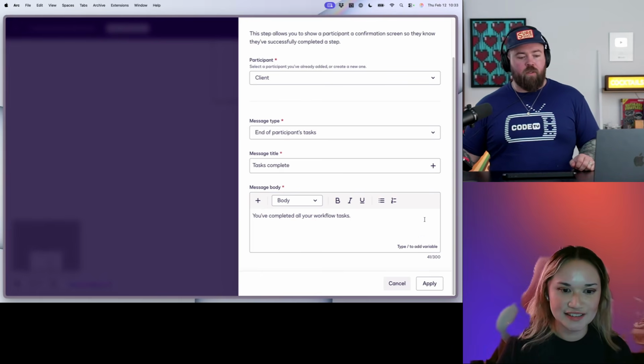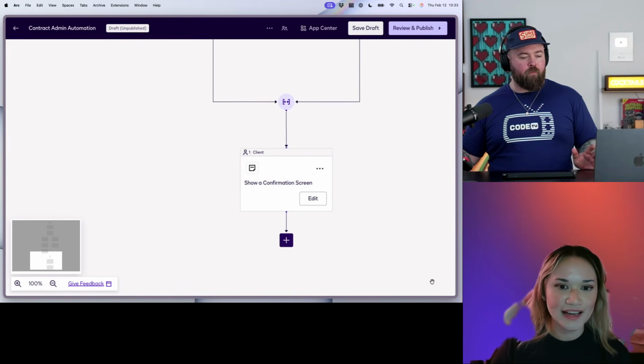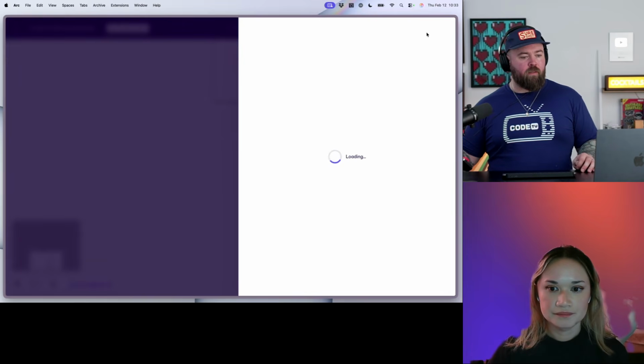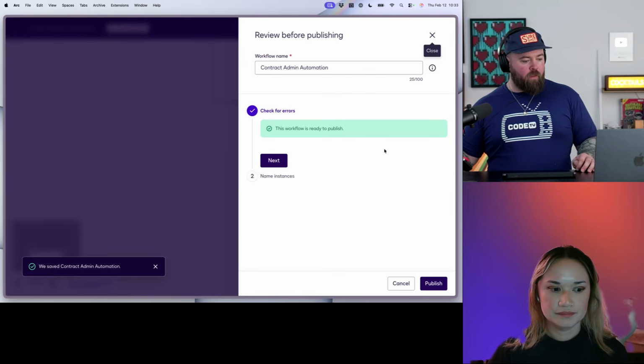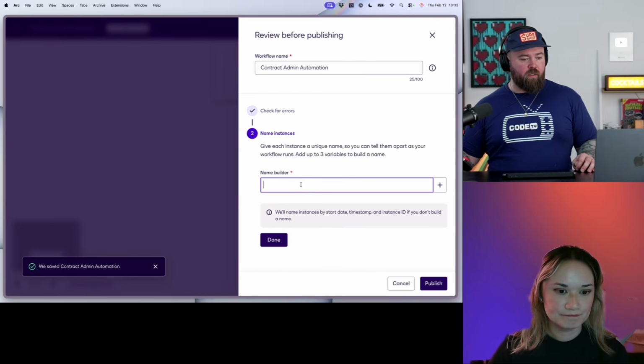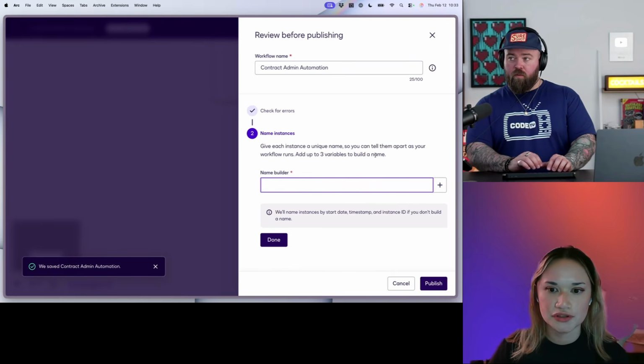Cool. Yeah. Okay. So then I apply this. We're ready? And then we are going to review and publish. That's our workflow. All right. And so that's saved. It's ready to publish. Give each instance a new name. And yes, this is very customizable too.